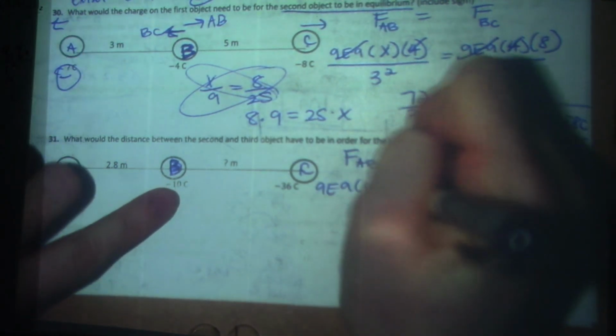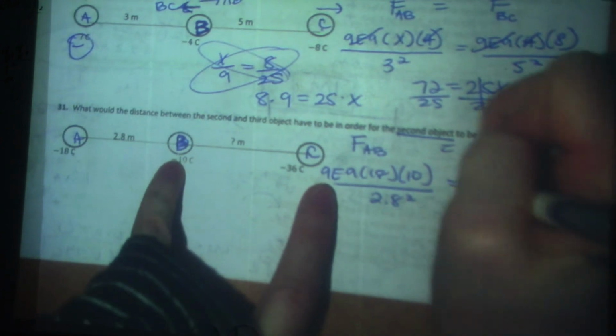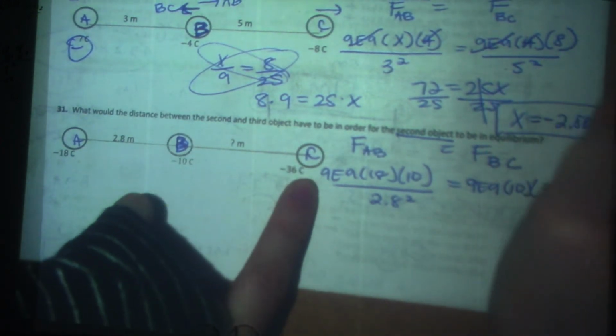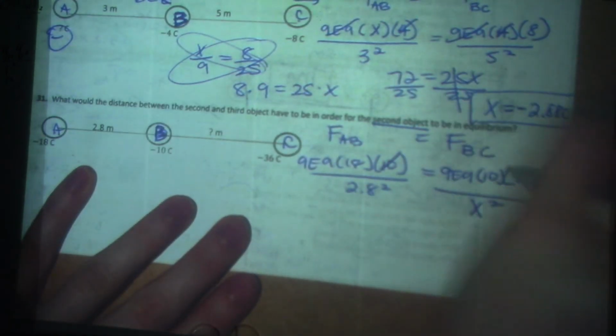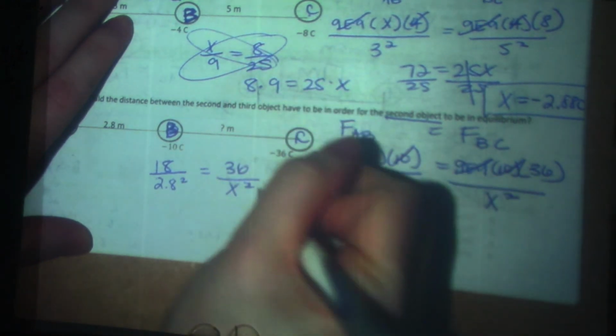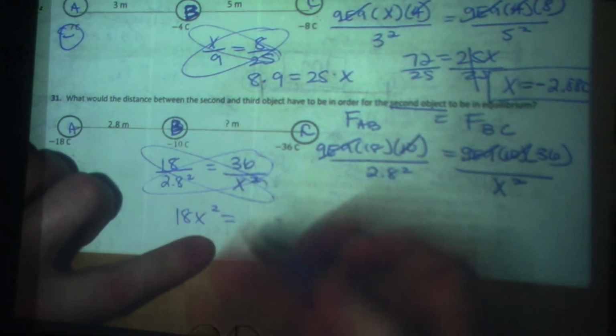That is 99, 18 times 10 over 2.8 squared equals BC, so 99K, Q 10 times this charge 36 over this distance, which we don't know, X squared. Cross off the 10, cross off the 99, you've got 18 over the 2.8 squared equals 36 over the X squared. Now we cross multiply, so that gives me 18X squared equals 2.8 squared times 36. I put it in my calculator all at once, so I got